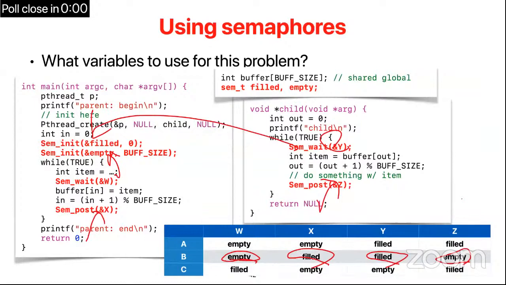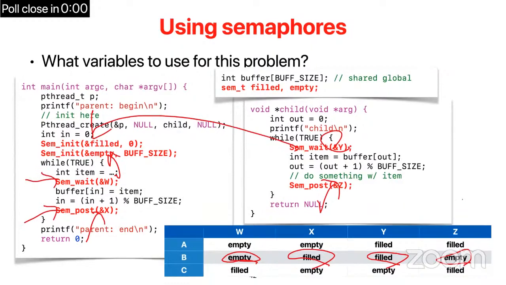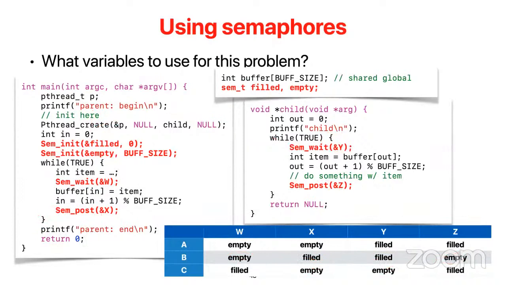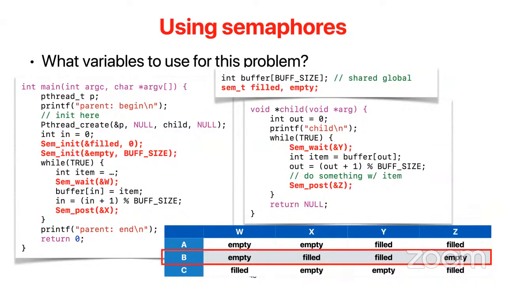So here I think it's kind of interesting that in the past, if you use a lock, you only have a single variable. But now with semaphores, you have to be really careful, because this semaphore wait and this semaphore post are operating on different variables. So the difficulty in using semaphores is that you really need a clear mind to make sure you really know what you are doing. This kind of semaphore programming is pretty interesting.